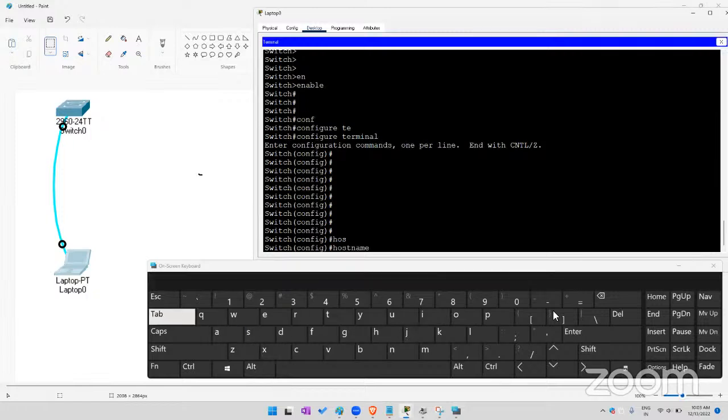hostname, using tab and then a space. You can define your device name. So I will define my device name as a layer 2 access layer switch. Clear? Or you can say layer 2 switch only. Layer 2